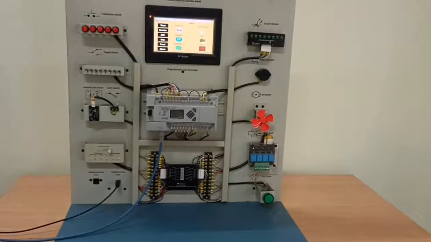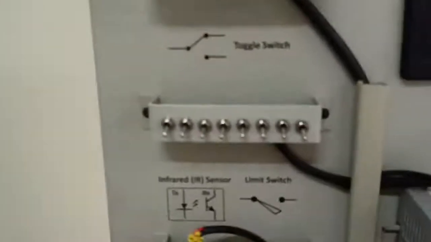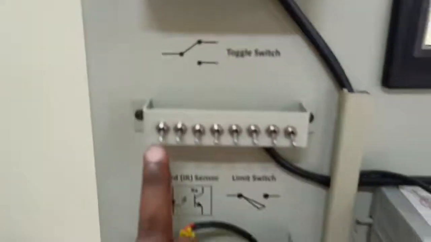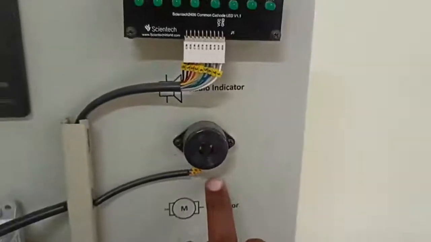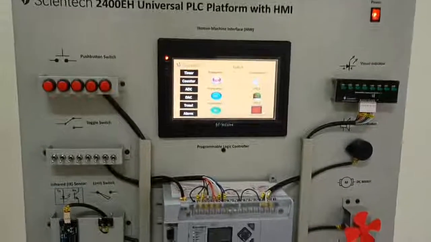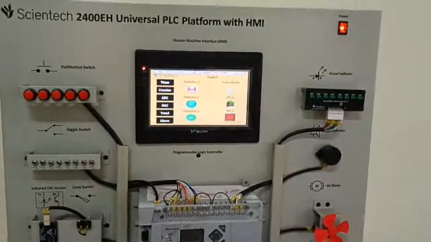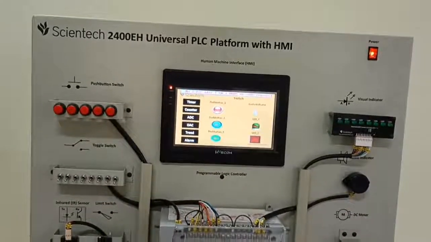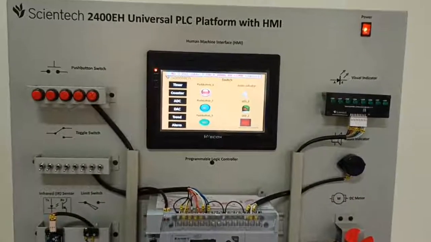Look at our PLC panel board. In our PLC panel board, the inputs are already mentioned: 2 toggle switches. This is the first toggle switch, and another one is the second toggle switch. And our output must be the buzzer. This is our buzzer. Whenever the toggle switches are on, the buzzer must sound, and it must be in AND logic. What is the AND logic? AND logic represents that whenever 2 inputs are high, automatically the output must be high. That means the buzzer must give some sound.